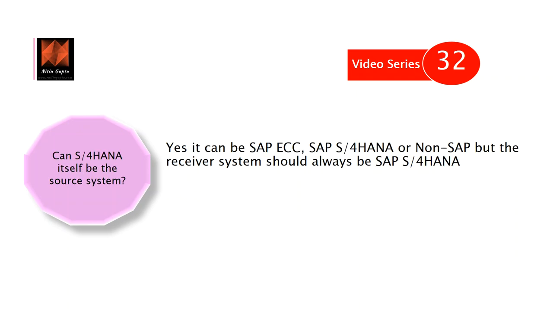Another question before we talk about the SAP source system: can S4 HANA itself be a source system? This is a very generic question being asked. The answer is yes. SAP ECC or SAP S4 HANA in maintenance can be SAP source systems. However, on the target side, it should always be an SAP S4 HANA system, which is treated as the central system, the receiver of the data. However, if you have a setup with SAP S4 HANA on cloud as the source system, the configuration changes a little bit. However, the connectivity works fine.